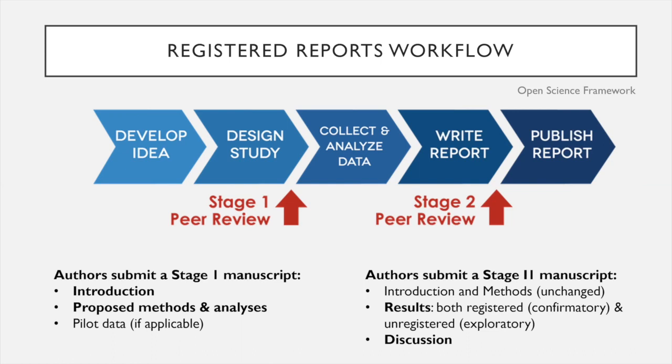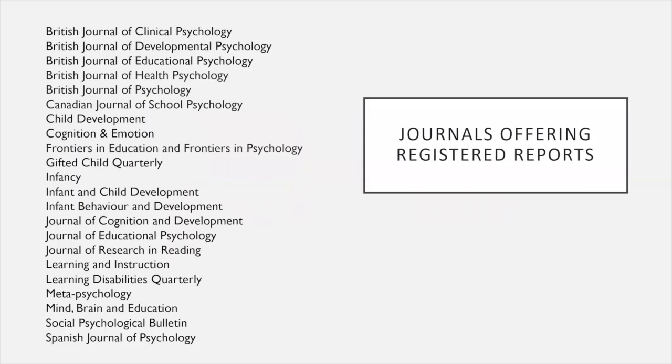So as you see here, you can also put the information that was registered and that is confirmatory, and the information that was unregistered, so exploratory information. But as we were talking about, this is an optional and more difficult step of doing pre-registrations, but we wanted to give you a hint on this.